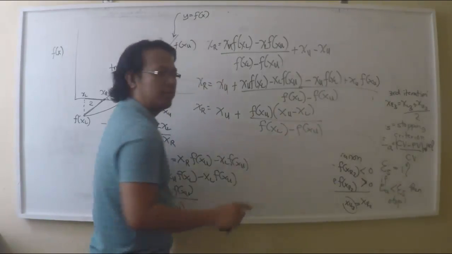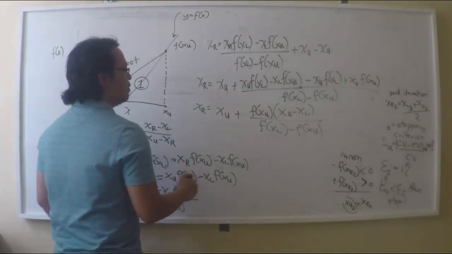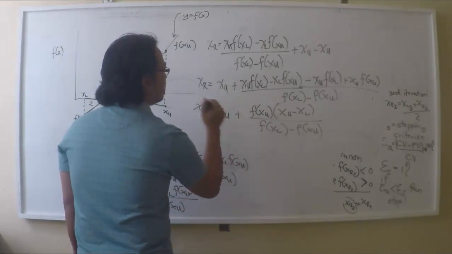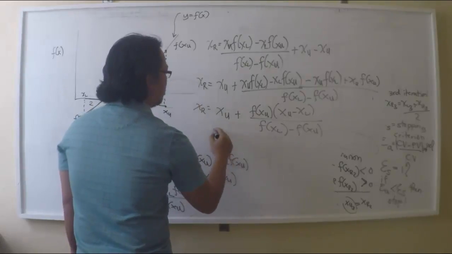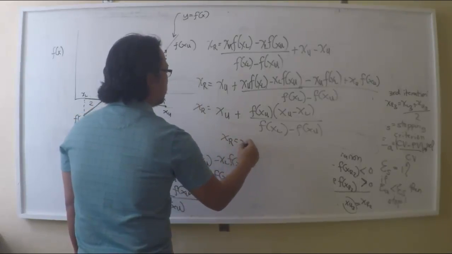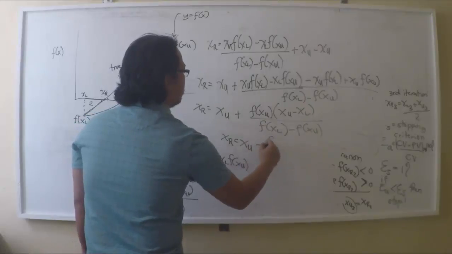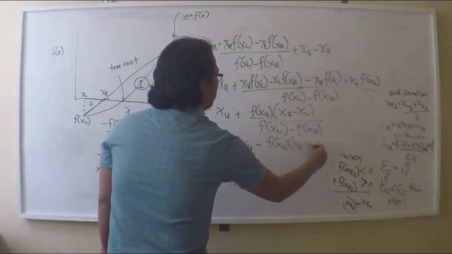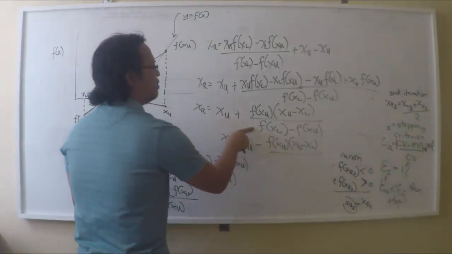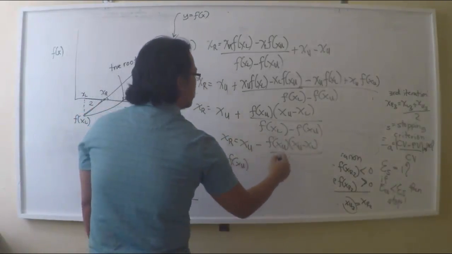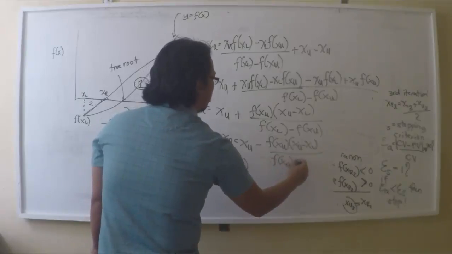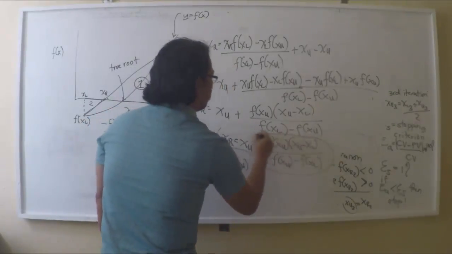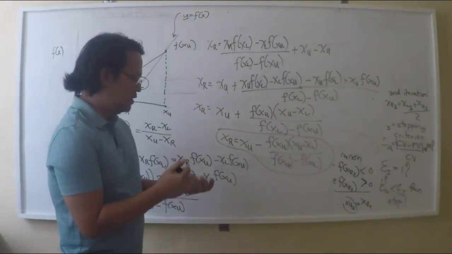And then to make it correct for that equation, what you will do is attach a negative sign here, multiply by negative. So it will become xr is equal to xu minus f of xu times xu minus xl, and then here, since you put a negative sign, it will be reversed. It will become f of xu minus f of xl. Okay, and so this is now the equation for